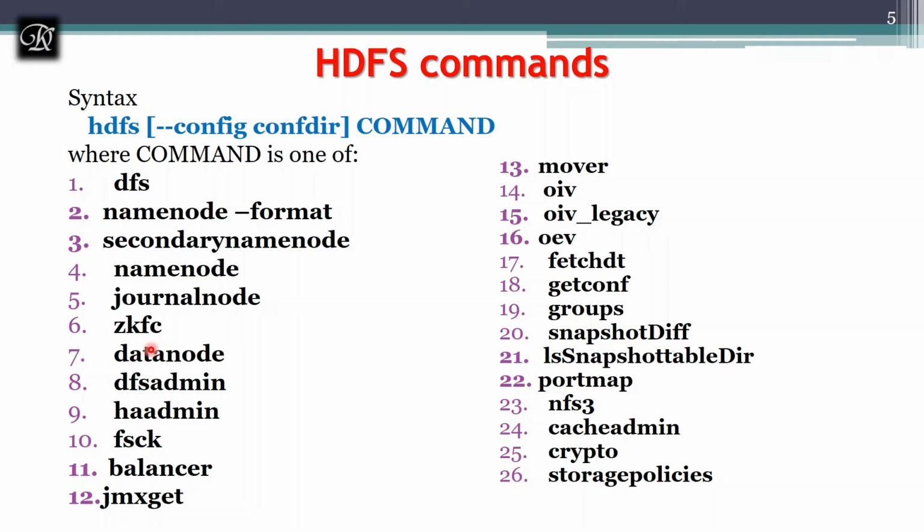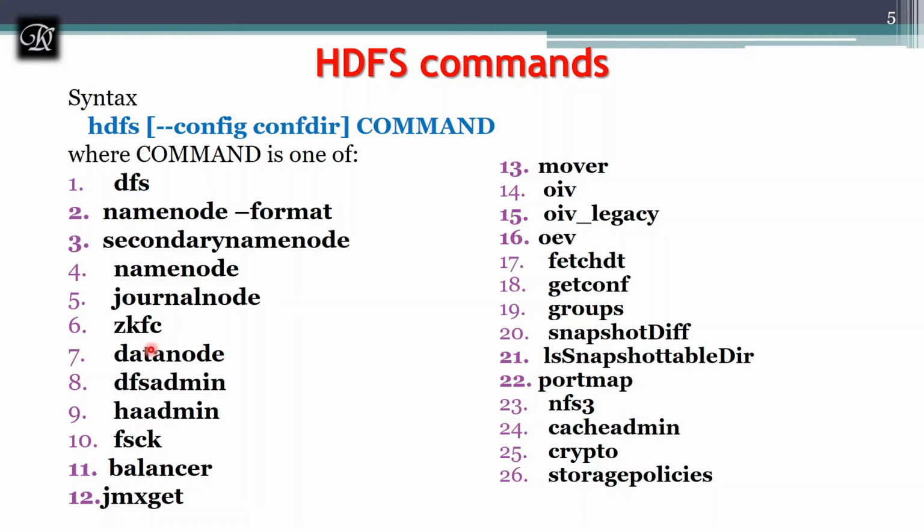Next is the data node. When you use the data node, it will start and run the data node. DFS and DFS admin. The DFS admin runs the DFS admin client, and HA admin. HA admin runs the HDFS high availability admin client.